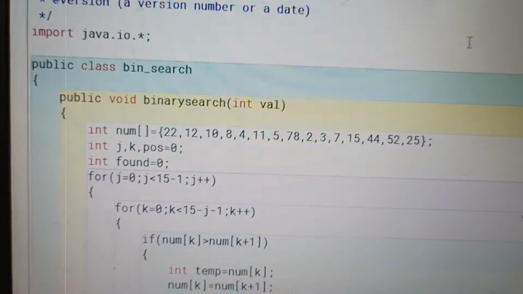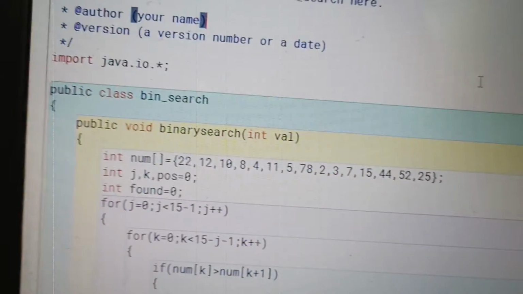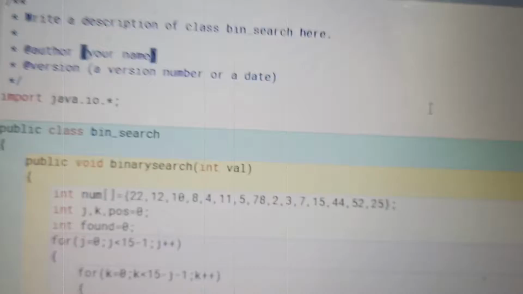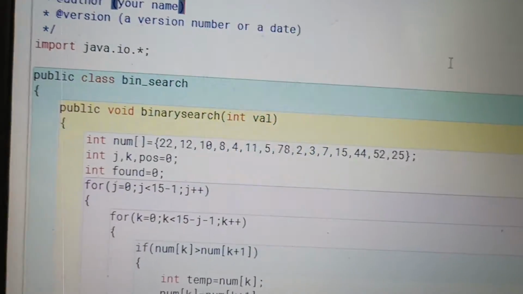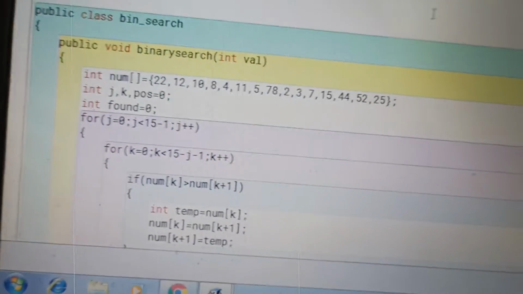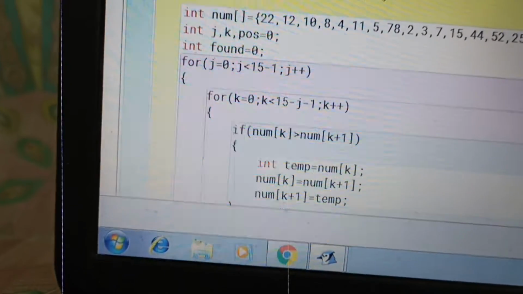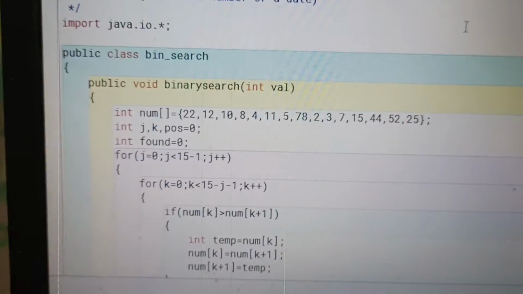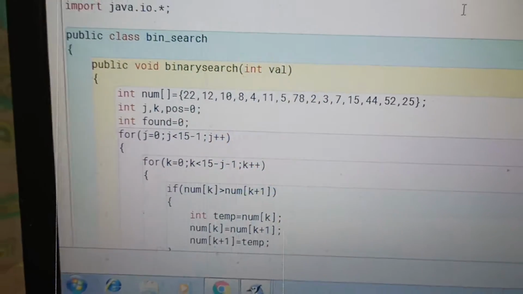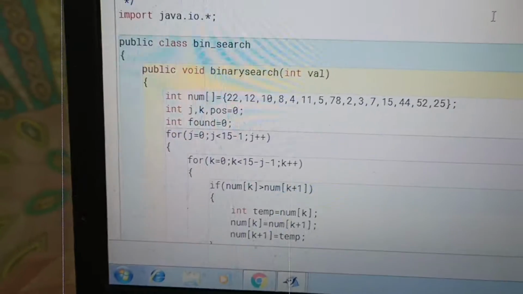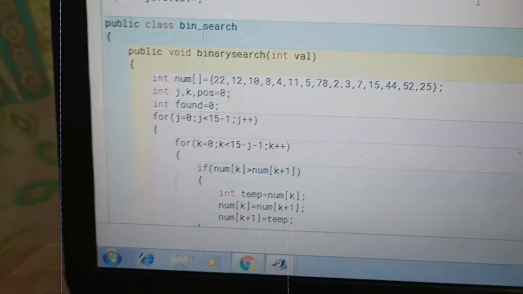Then for j equals 0, j is the index number. These for loops are used to sort that array, means the array will be arranged in ascending order.